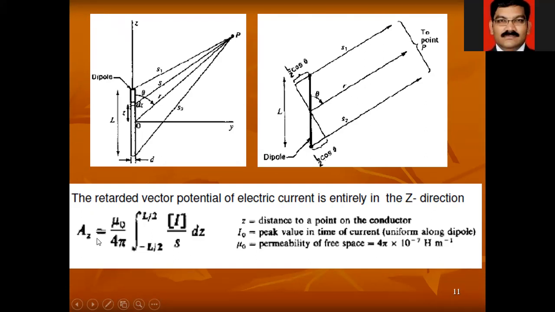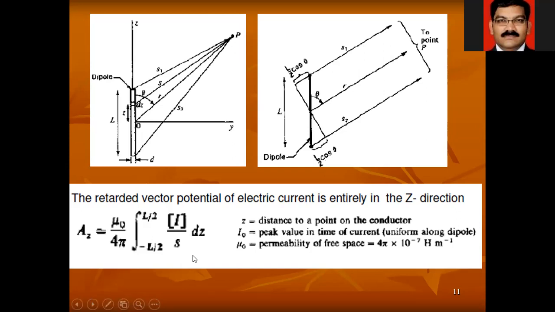So the vector potential is denoted by Az equals mu 0 upon 4 pi, and we are integrating over a line. Just remember the line integral, surface integral, and volume integral. Line integral is the single integration; we are considering this as the line. If you want to integrate over the surface, that will be the double integration. You can find the area by double integration also. If you are talking in terms of the volume, then we have to go for the triple integration.